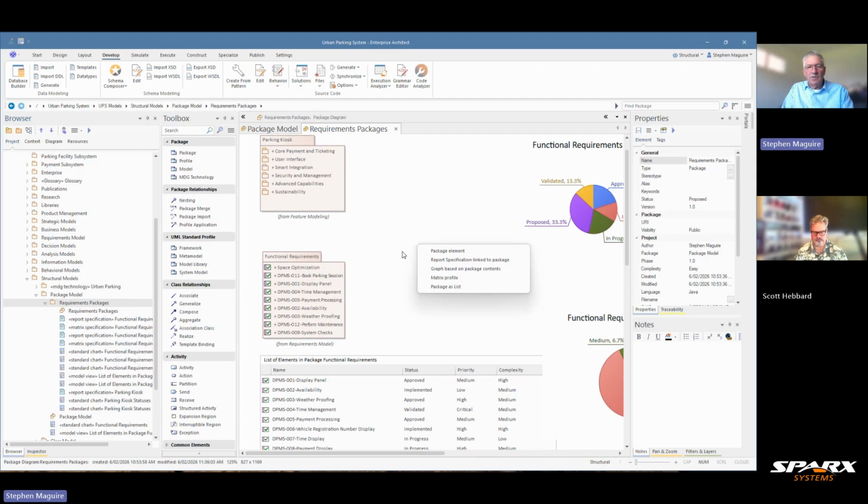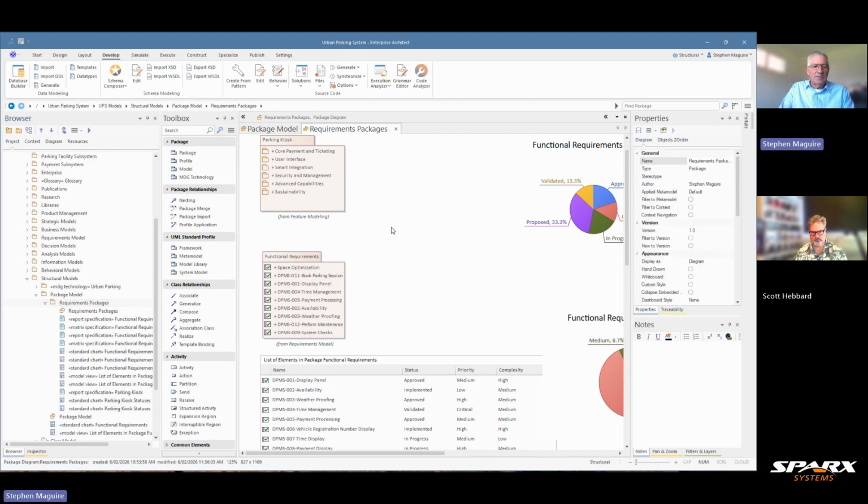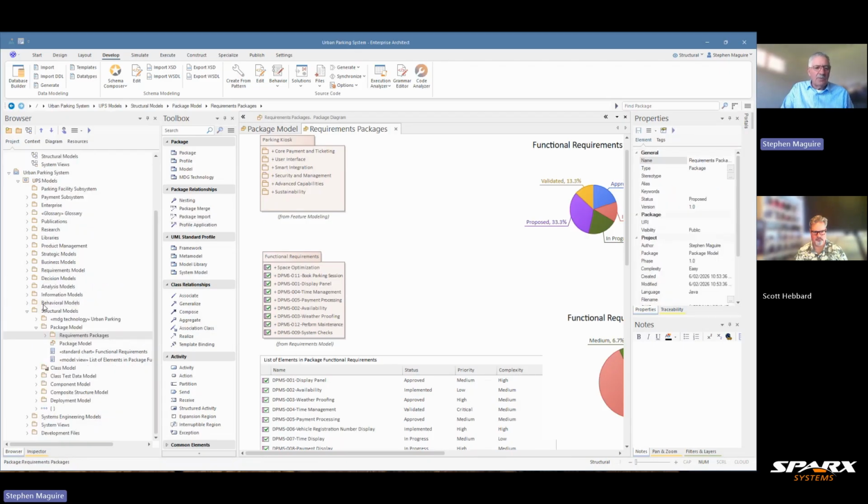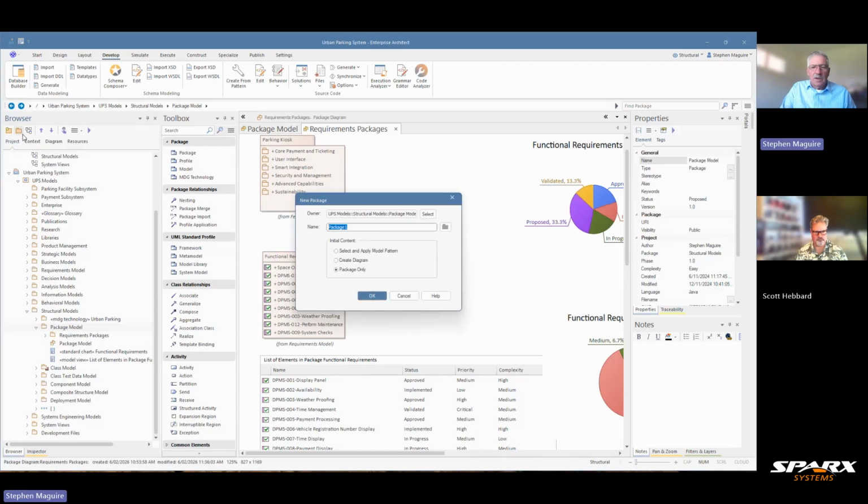videos on package diagrams. So let's take a look at something completely different. So what I want to look at now is in the toolbox, we have a number of different elements here. We've got packages, profiles, models, MDG technologies there, and a number of different relationships and UML standard profiles that are all related to packages. So let's go and create a new package model under here, and I'm going to call it nested